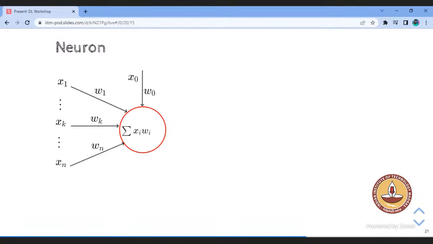Okay, this is a kind of dot product, and then after you do all these things, we will end up with a single number. After this summing up of all these stuffs, we end up with a single number. Then we pass this number through some function. Often the function is a non-linear function. You could also use a linear function, but